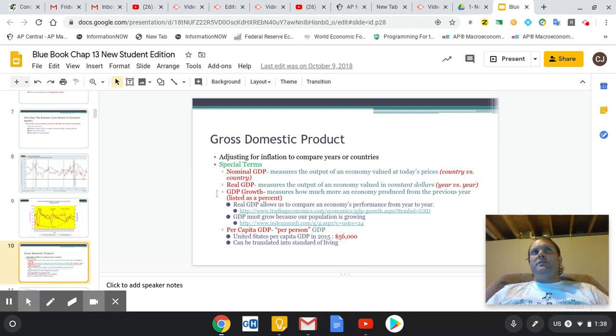Now, what you've got to understand is GDP is how much we produce. And we get paid for producing stuff, so GDP is extremely closely related to income for people. If what I produce earns me an income, then if our country's GDP increases, we can assume that people are making more money. We like to look at GDP growth as a percent. We like to grow somewhere between about 1.5 to 3 to 4%. We don't want to grow too fast, because that causes inflation.